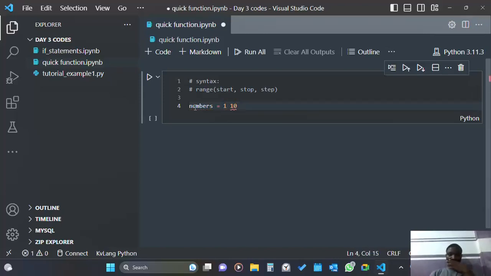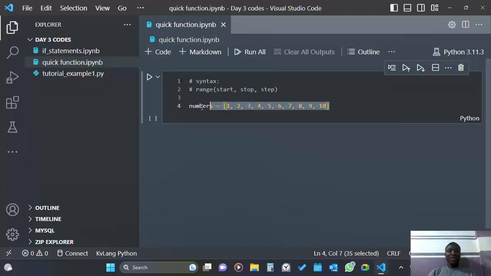to 10. Now most of you are tempted to create a list and type 3, 4, 5, 6, 7, 8, 9, 10. So what if you want them to be from 1 to 100, or to 2000, or even 10 to 2 million? It becomes difficult to type all these values. So we are going to look at the range function that's going to help us generate these numbers given certain